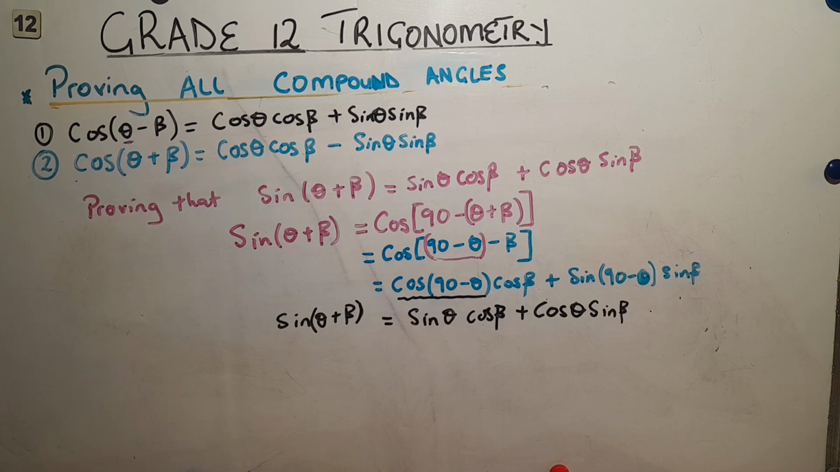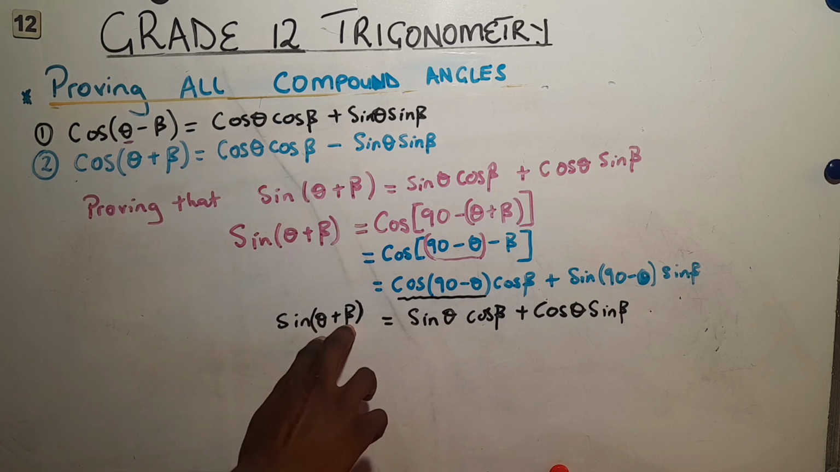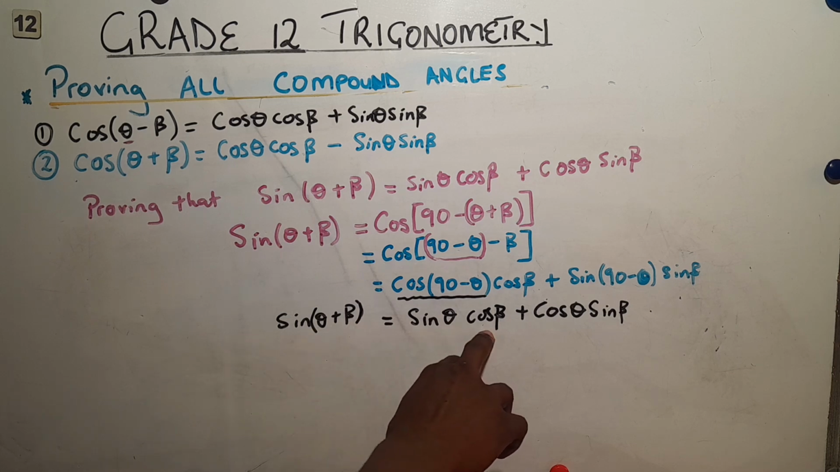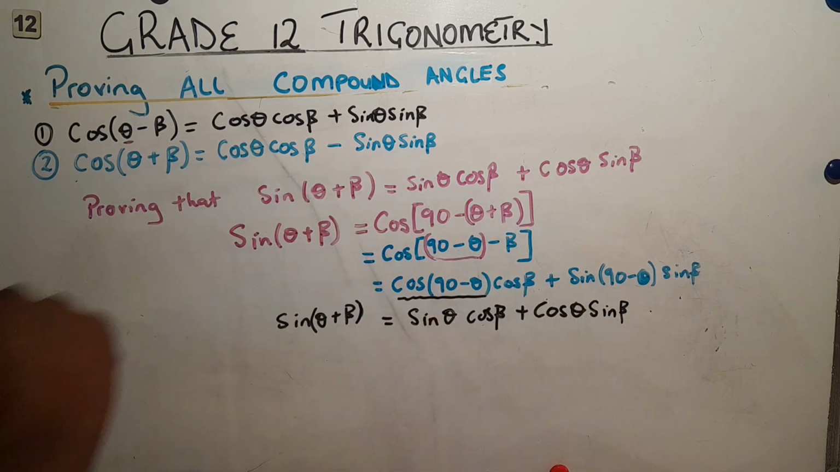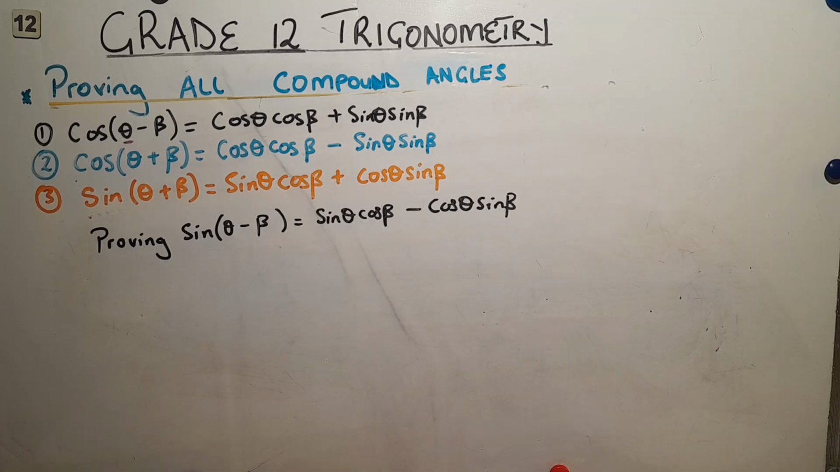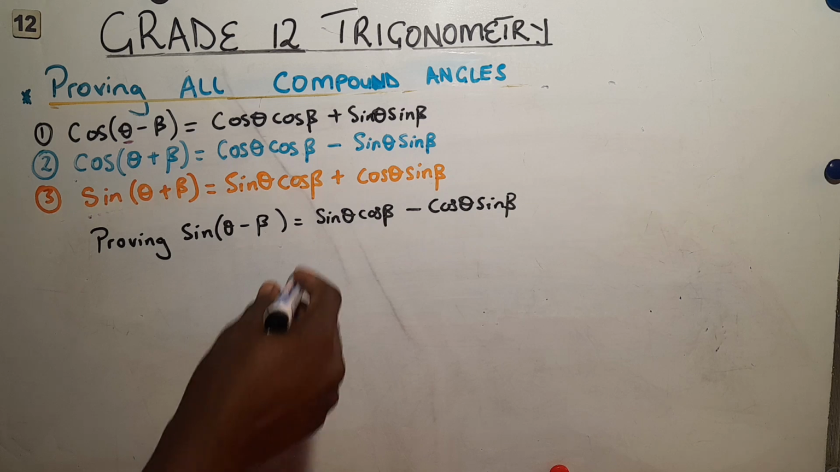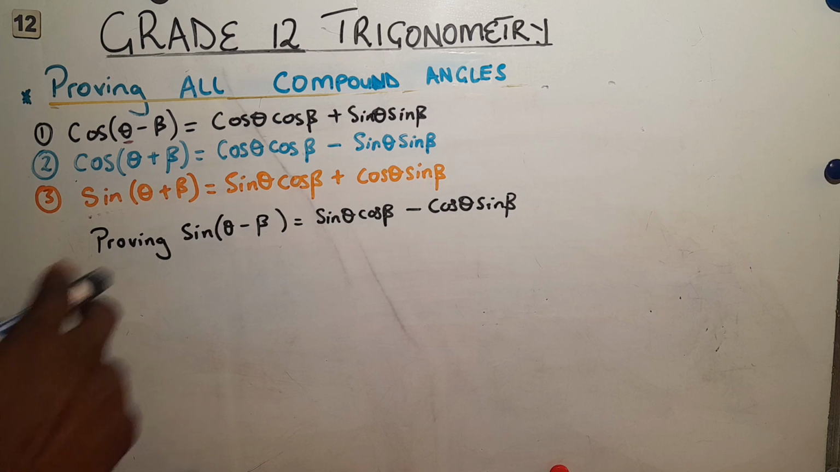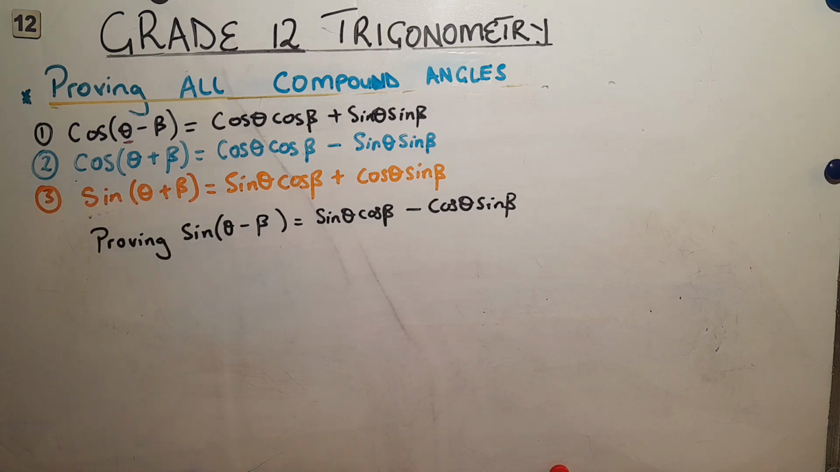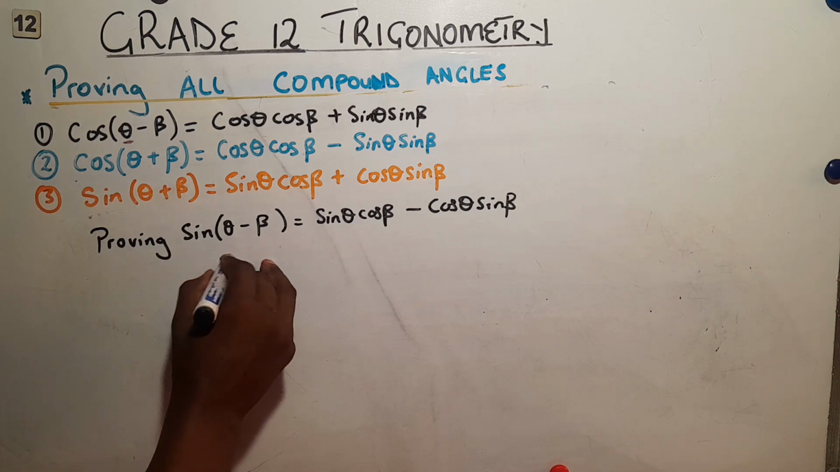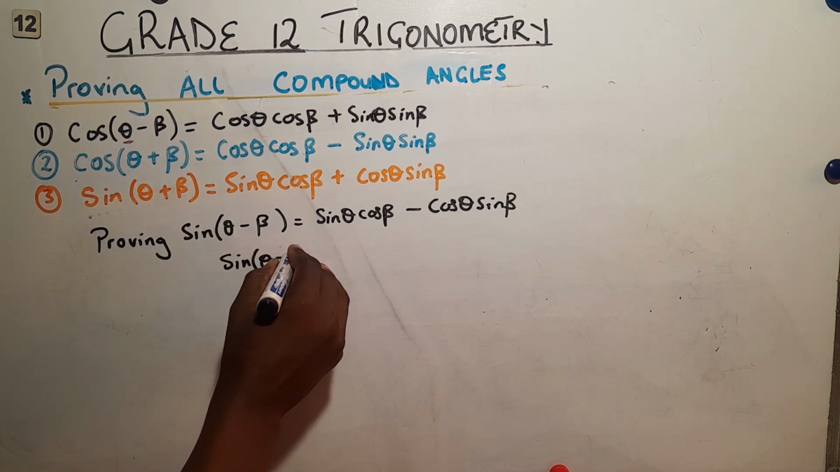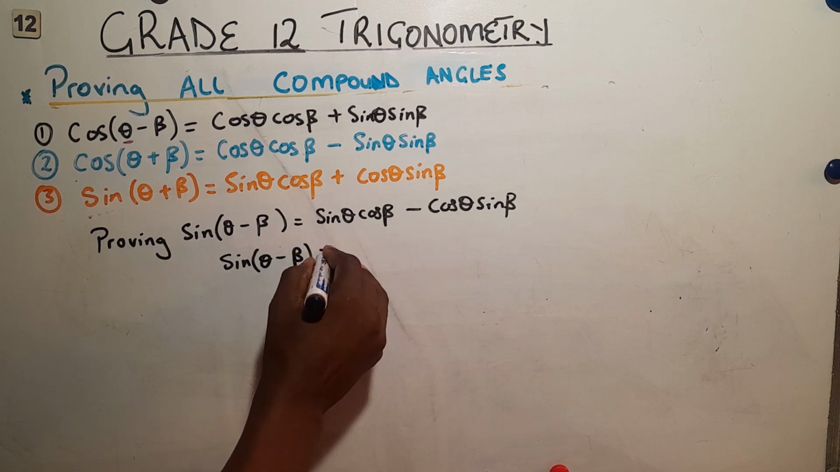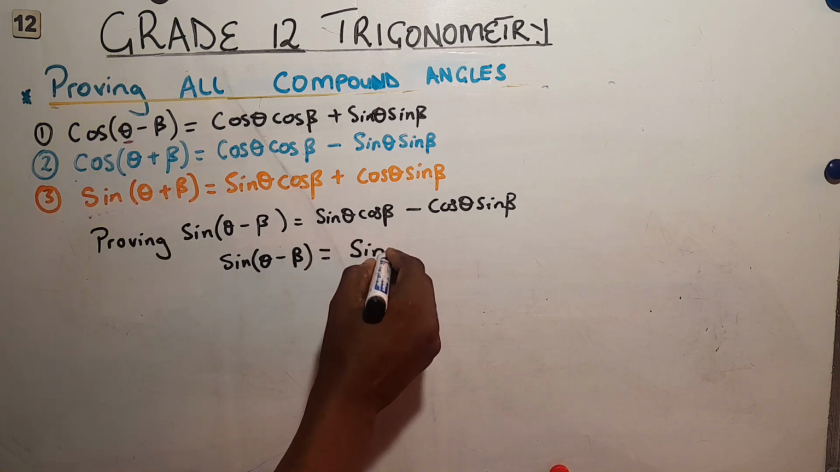So now we can move to the fourth one. So it means that if you're having two angles that are adding up like this with sine, it will be sine cos and then plus cosine, like that, right? And now we need to prove that sine of theta minus beta is equivalent to sine theta cos beta minus cos theta sin beta, right? So proving this, we actually use this previous one, right? So let's see. So this, our sine of theta minus beta, right? This is actually the same as sine of,